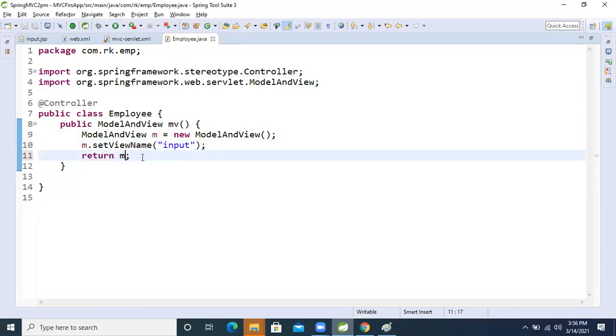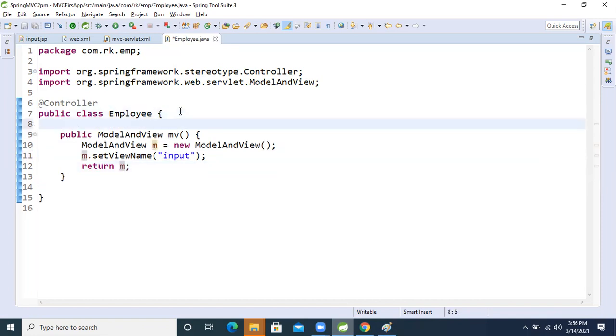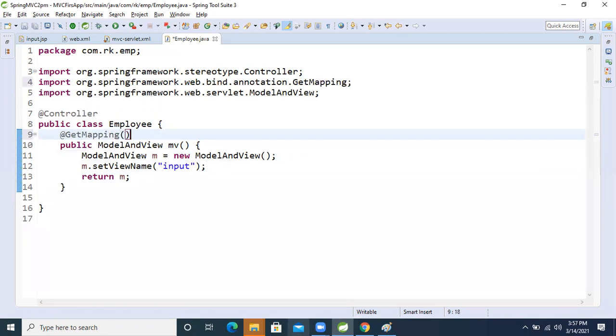Then we decide which kind of request this method handles. We want to make it a GET type, so we apply the @GetMapping annotation on top of this method, and inside it we take the URI. So our first application is completed. Now let's see the execution flow of this application. I don't want to run it right now in case of any problem, because our meeting has just one minute left.